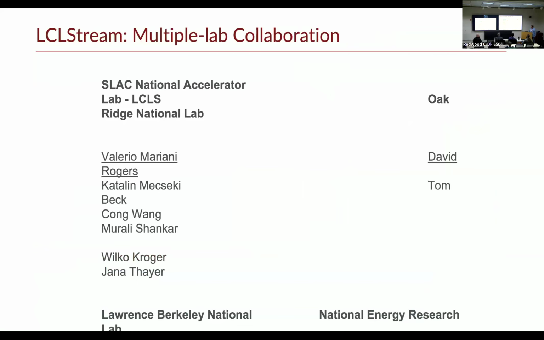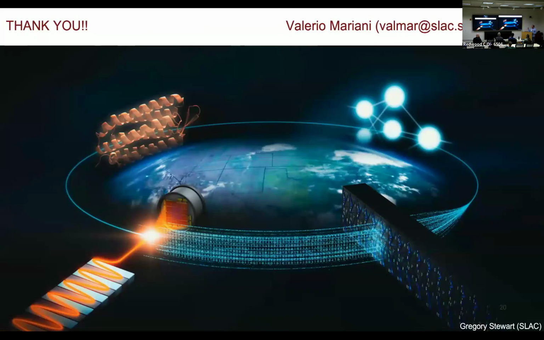Oh, sorry, this slide is not formatted correctly, but this is a big collaboration between us, Oak Ridge, and people at NERSC and at Berkeley National Lab. And we even convinced a person, the graphic person at SLAC, to create an image for our project. Especially, this was designed when we were sending data to Oak Ridge. So the idea is that we send data from California to Tennessee, training a machine learning model, and then the data comes back and helps in the solution of the structure.